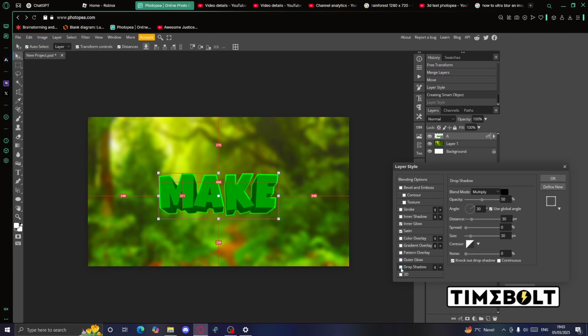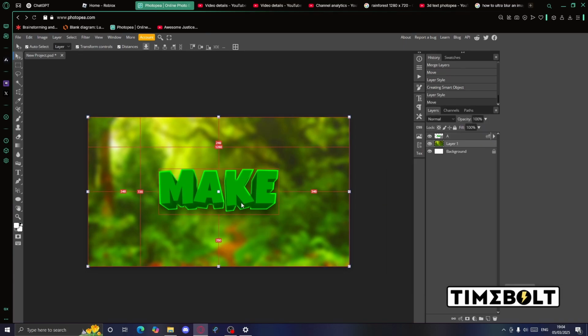And the last setting you need to do is drop shadow. So this just gives a shadow behind the text. So first change the opacity to 100, and then change the angle to 90 degrees, just so the shadow matches the 3D. And then you can just mess around with the spread and distance size. So I think these are good. And then to make it a bit less shadowy, just change the opacity to about 50 or so. Again, you can play around with this however you like, just so it projects a bit of a smaller shadow. And there it is. You have made your 3D text.